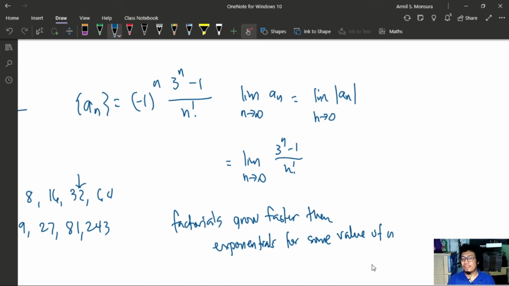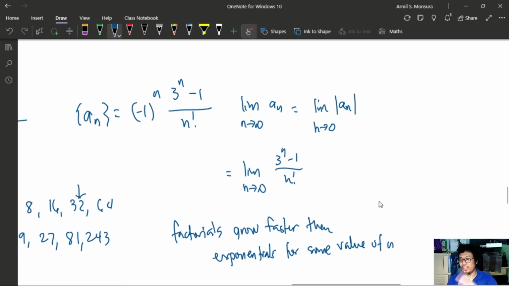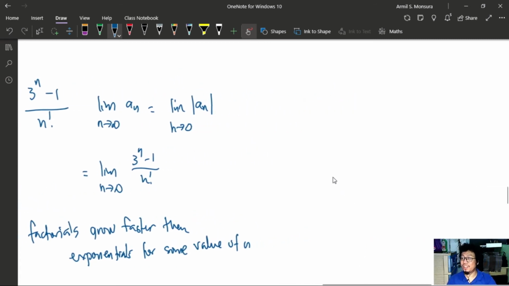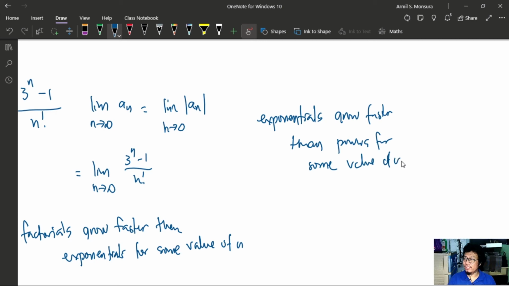Earlier, when we compared exponentials to powers, our reasoning was this: exponentials grow faster than powers for some value of n. So, using this idea, we have established that